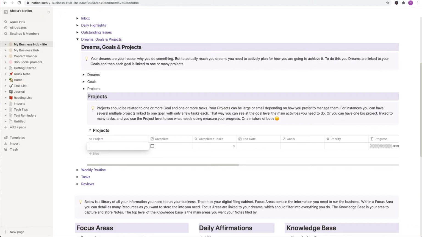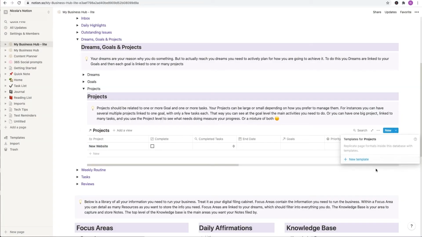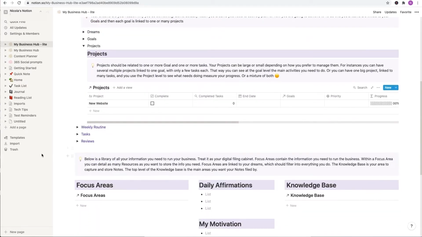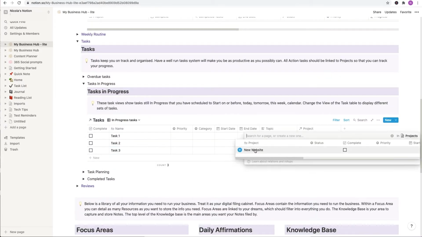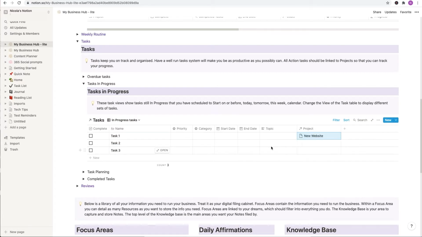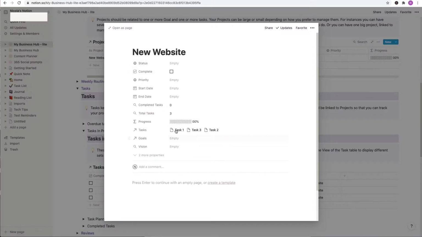Call it new website, just as a placeholder. So it's got nothing in it. There's no templates available. And there's no information there. And we have got tasks, and I want to link that to the new website project for all of them. There we go. So now when I look at the project, I go back here, I can see the tasks